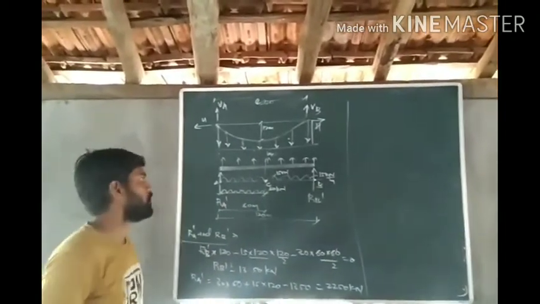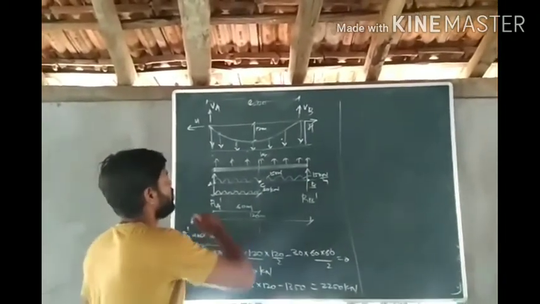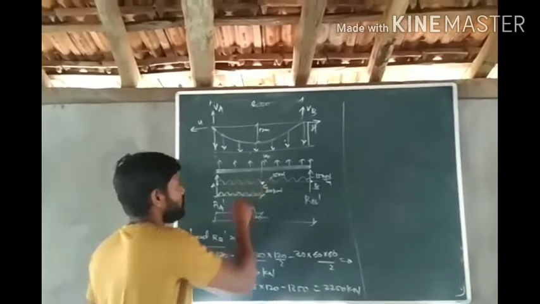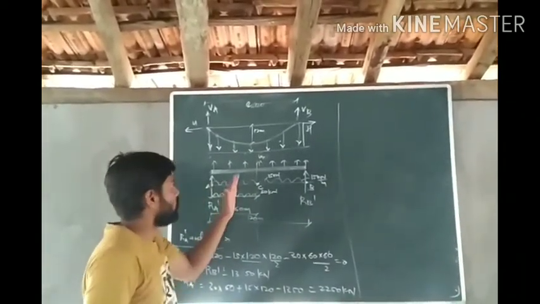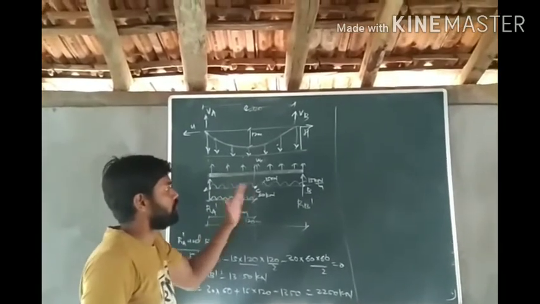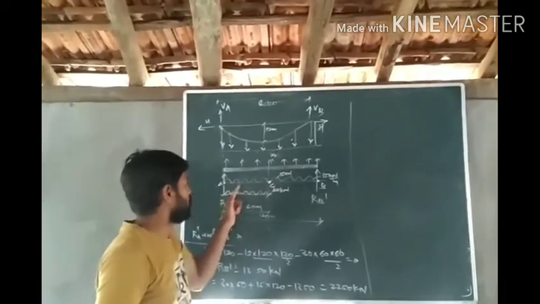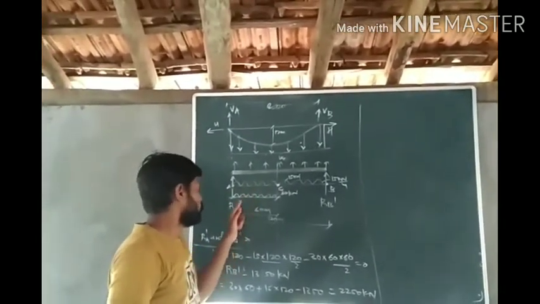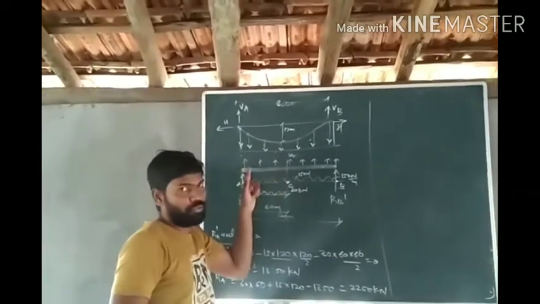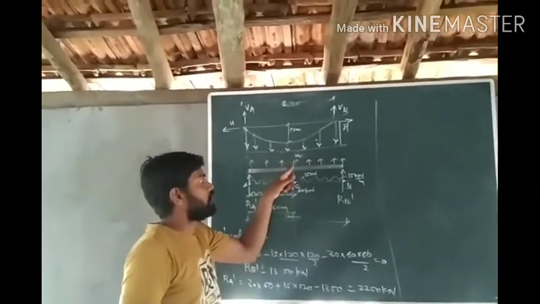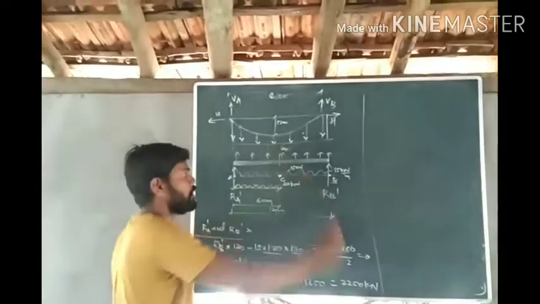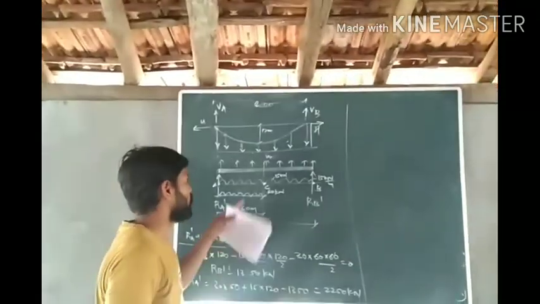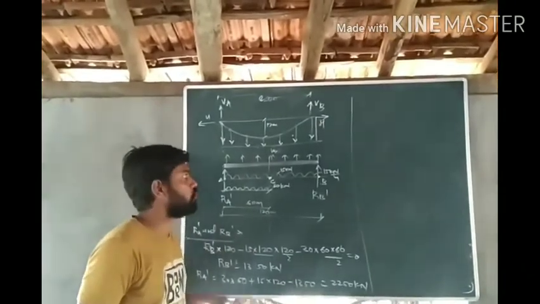Now when I have to calculate the reaction in the stiffening girder, suppose I have to calculate the shear force at any location in this beam, it will be equal to shear force due to given load plus shear force due to this WE. So त्यासाठी तुम्हाला काय कॅल्क्युलेट करायला लागेल, तर WE ची व्हॅल्यू तुम्हाला कॅल्क्युलेट करायला लागेल. You should know what is WE, because you want to calculate the shear force and bending moment due to WE.